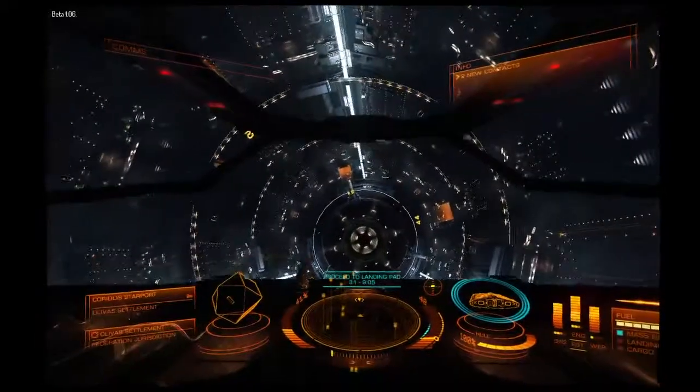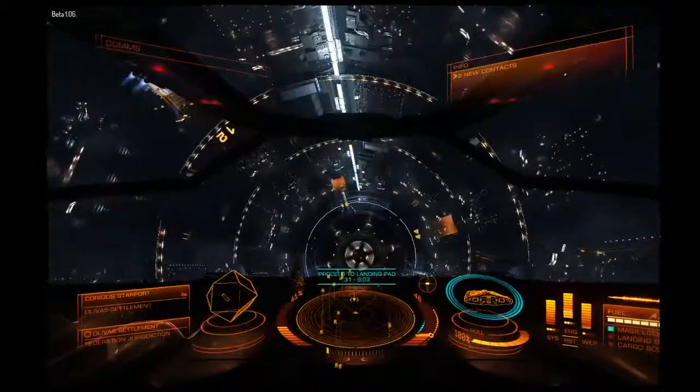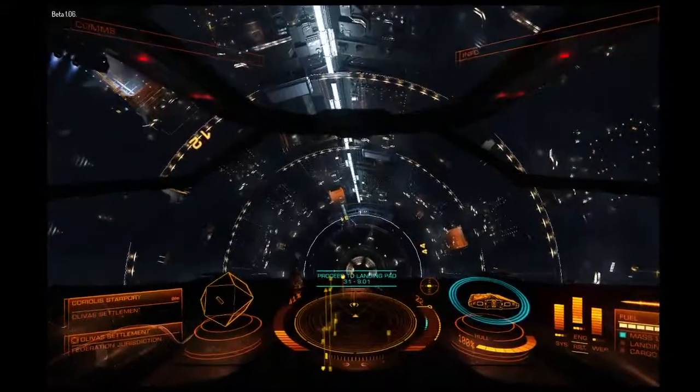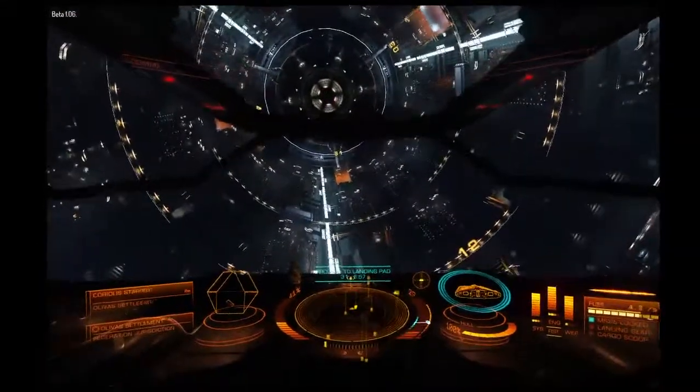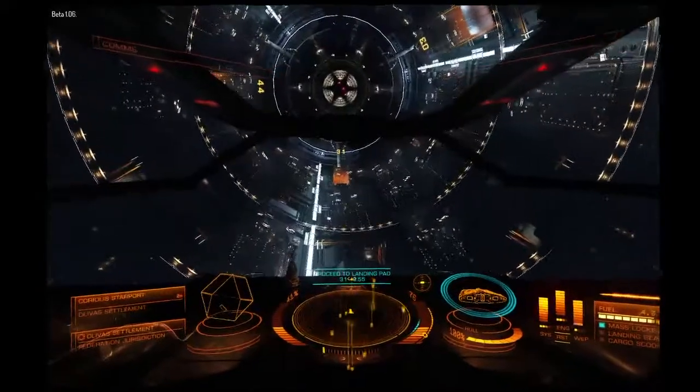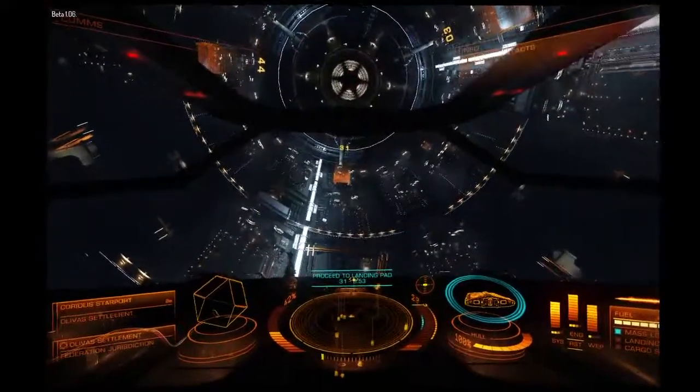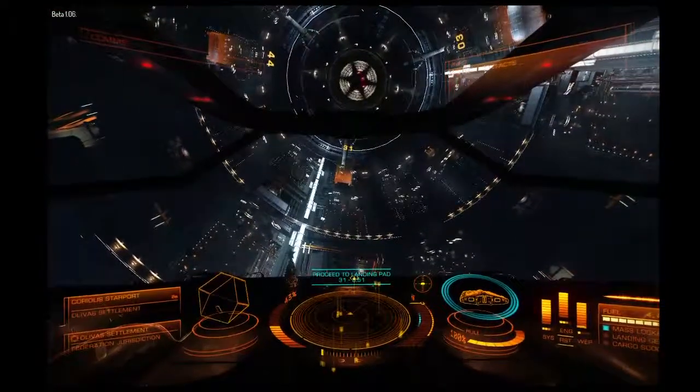Okay, so this comes the fun part. How do you land in here? First off, you have to find your right pad. They've assigned me a number. I think it's 20 or 31 in this case. So once I see the pad, I stop using all what I call gross